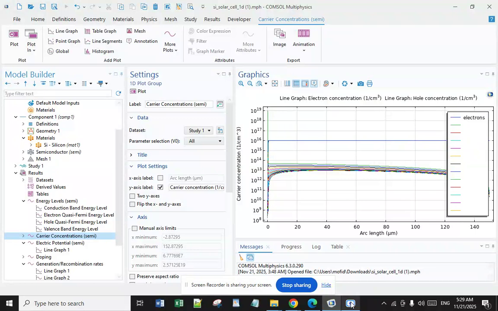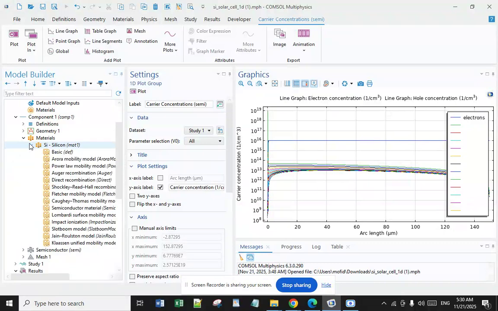Here, the simulation shows a situation when a covalent bond is broken and one electron departs from the bond, leaving a hole behind. And here in this simulation, you can see that we selected silicon